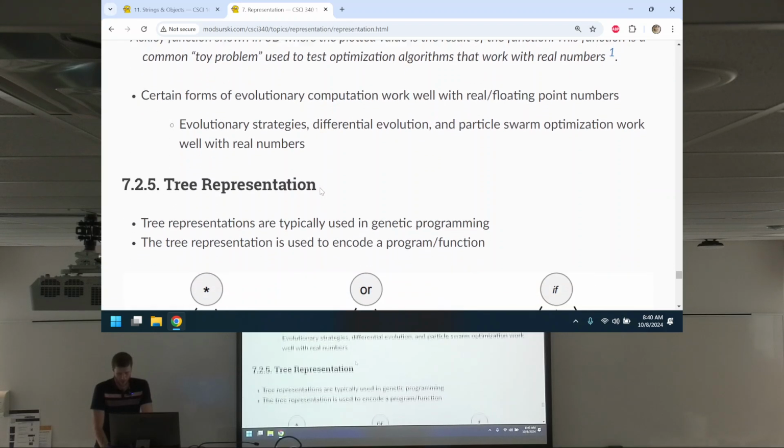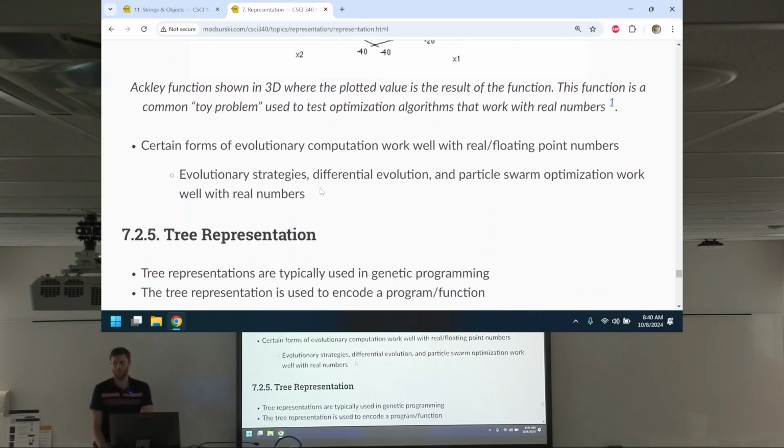Cool. There are certain forms of evolutionary computation. So all you need is a representation that works with this. So if you're using a genetic algorithm, okay, instead of starting with random integers, start with random floating point numbers. Yeah, that'll totally work. But there are some forms of evolutionary algorithms that are specifically designed for real number problems because they are kind of like their own, I don't know, like